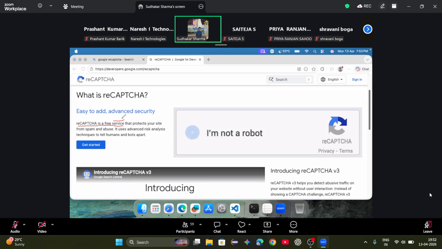Enabling Google login in a website. What is this known as? It is called an OpenID service. OpenID service means